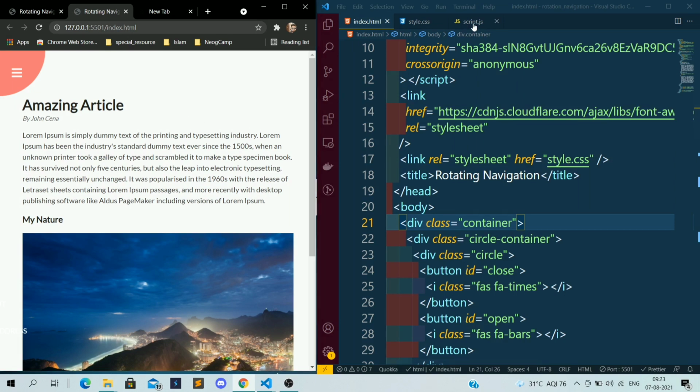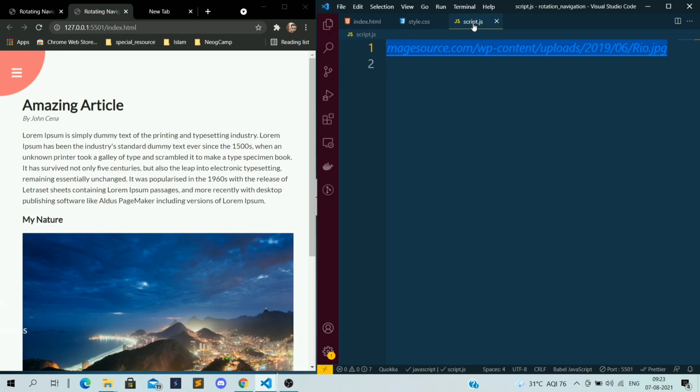Now we will move to script.js. So what should we do in script.js? As soon as we click on this dash button, it should add the show nav bar class, and if we click on the cross button, it should remove the show nav bar class. That is all we require, so nothing much in the JavaScript.